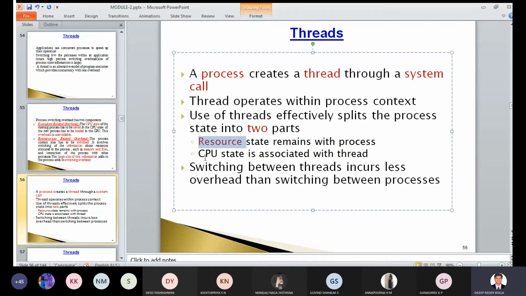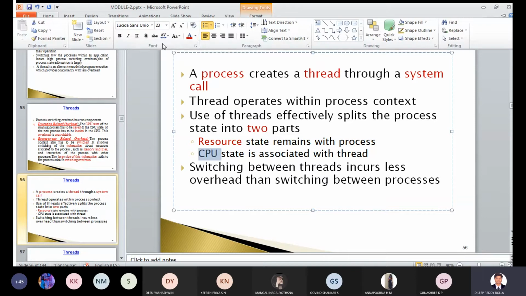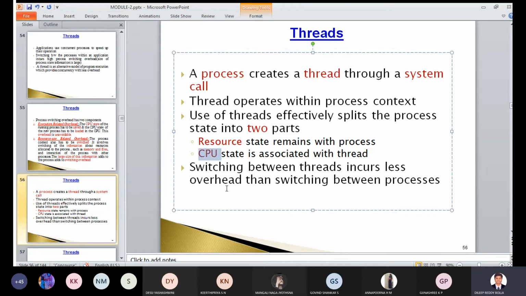The next one is CPU state. The two parts it will split, we told, right? What are the two parts it's going to split? Resource state and then CPU state. So the spread operation will be executed and it will split the process into two parts, resource state and CPU